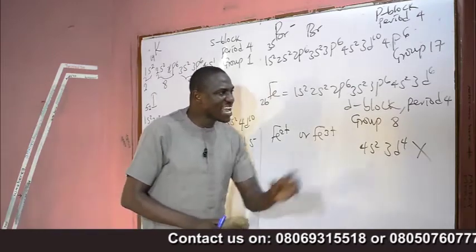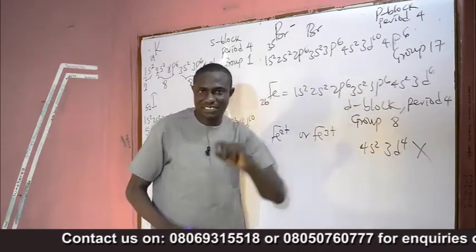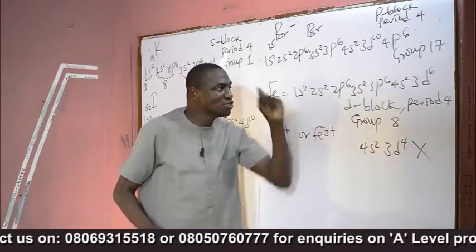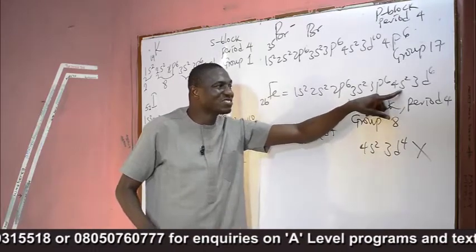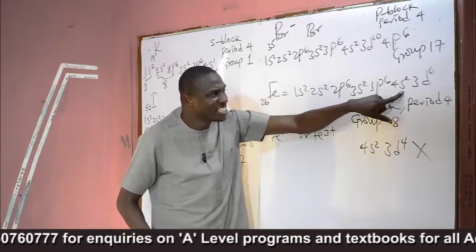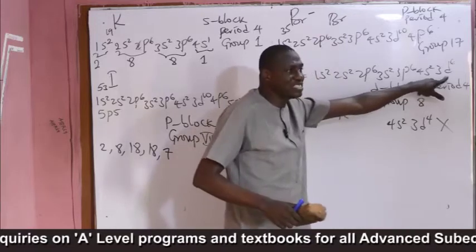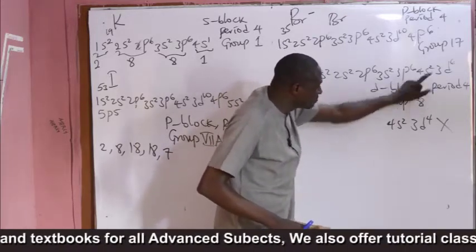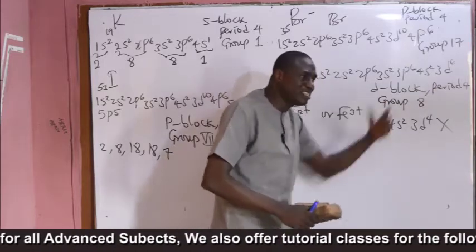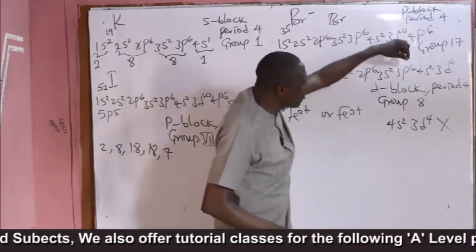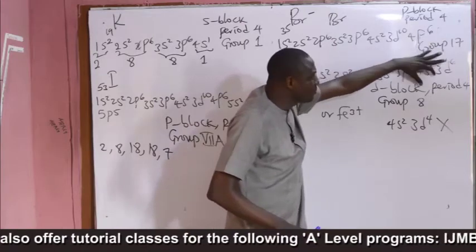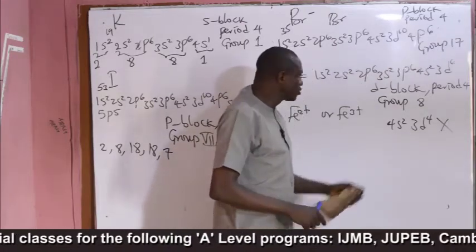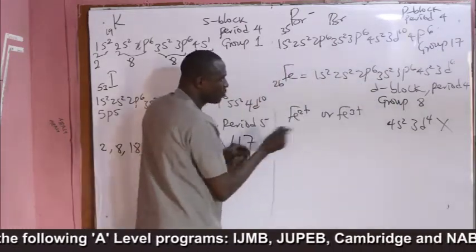Because the orbital of the highest coefficient is 4s, and the atom must lose electrons from the orbital of the highest coefficient, the energy of this 4s is somehow higher than that of 3d. So this is less stable. So it has to lose electrons from the 4s before exposing the electrons from the 3d. It is when there are no more electrons on the 4s that the atom begins to lose electrons from the 3d. So the configuration of the ion will now be